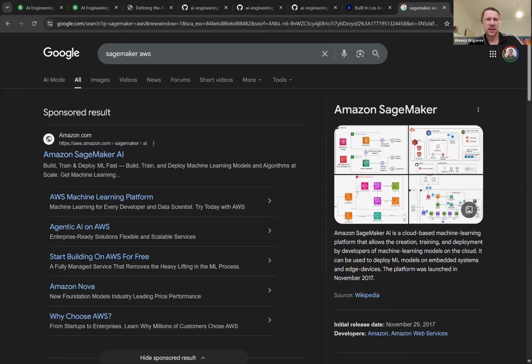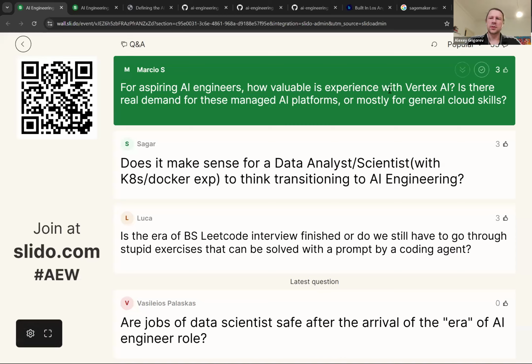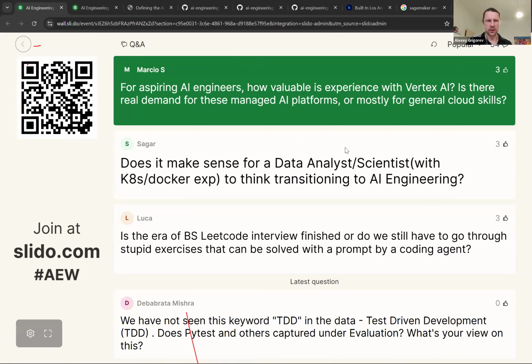So for AI engineering, I wouldn't say this is super important. But also for ML engineers, in practice, I saw teams that use these tools for ML use cases. But there are also so many teams that don't really use these tools. So this could be valuable if you're coming from this ML background and you have the skill with Vertex AI, but it doesn't mean you'll use it. Probably you will use something else, right? In the case of Google, they have their own Gen AI platform, so it's more likely that you use that.